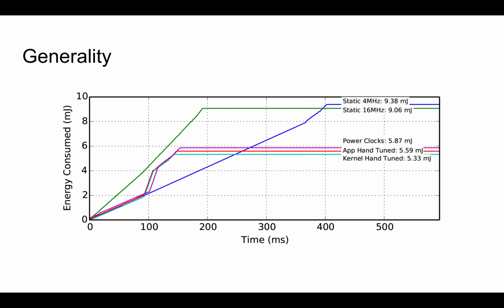Finally, to show that Power Clocks can be general for different MCUs, we implemented Power Clocks on TNC 3.6. We modified the ADC-FFT-radio application to use flash instead of radio, as the K66 MCU does not support radio. Power Clocks consumes 35% less energy than the best static clock choice and is within 10% of the kernel hand-tuned